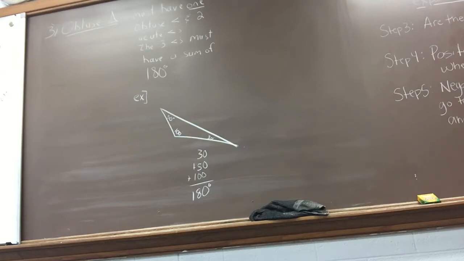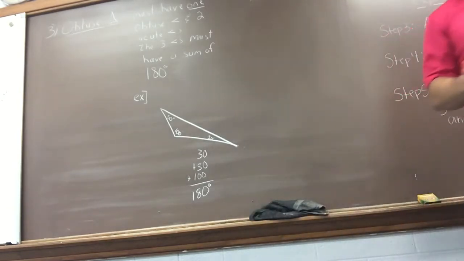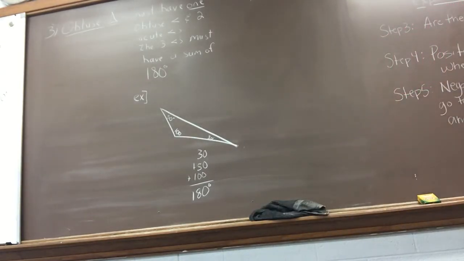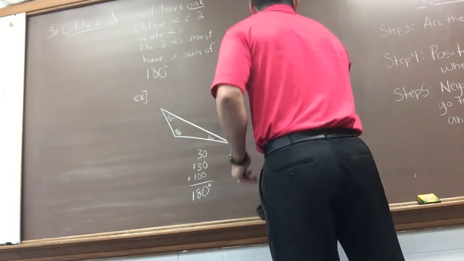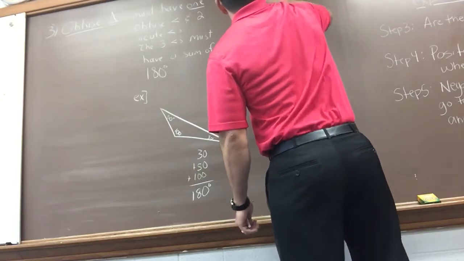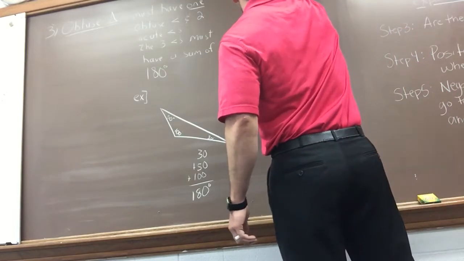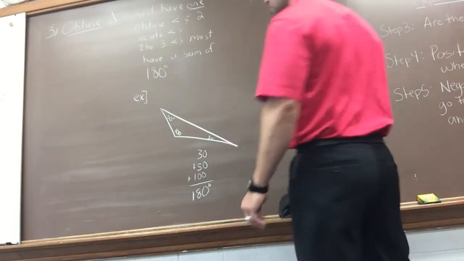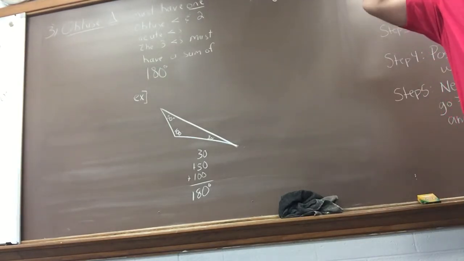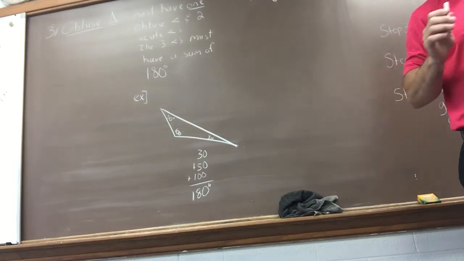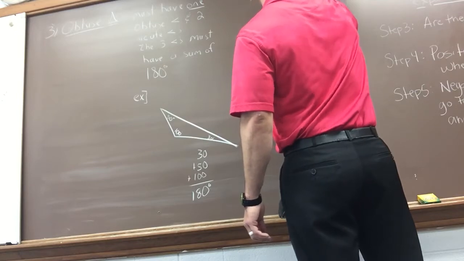One more for the day, and then we're going to have a bunch of practice problems. I don't think I'm going to go to sides yet. Here we go. We're going to take this nice and slow. This is different. It is called equi, E-Q-U-I. What does equi sound like? Raise your hands. Izzy? Equal. Equal. So equiangular